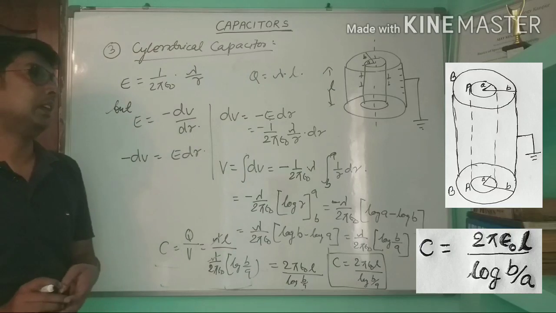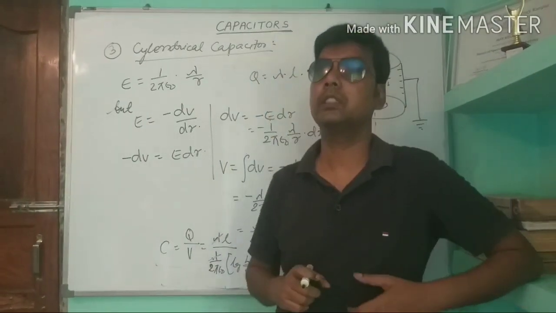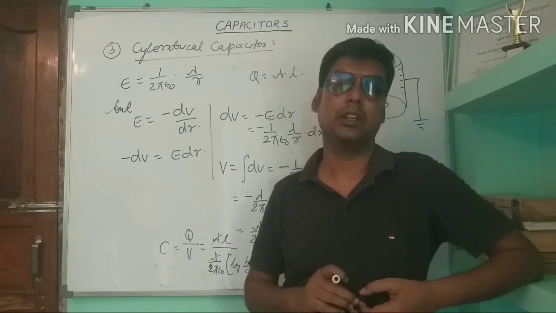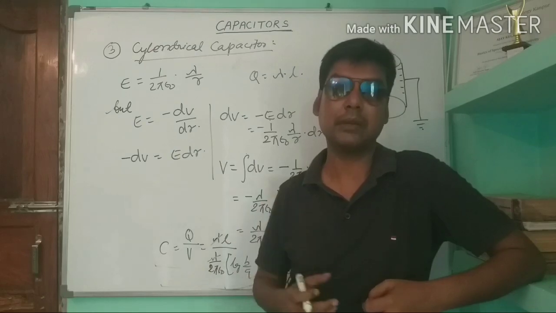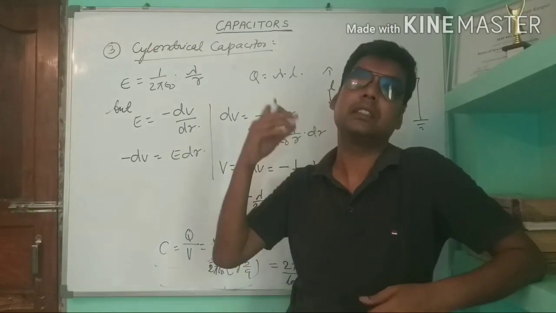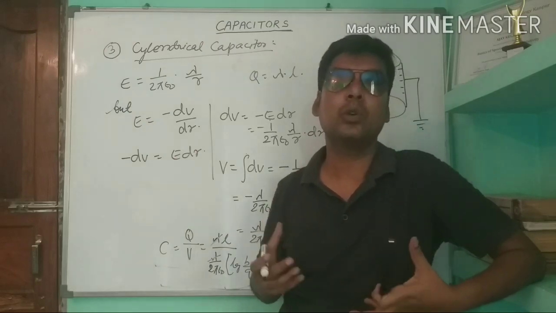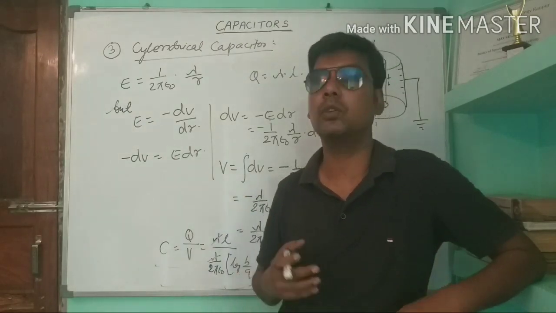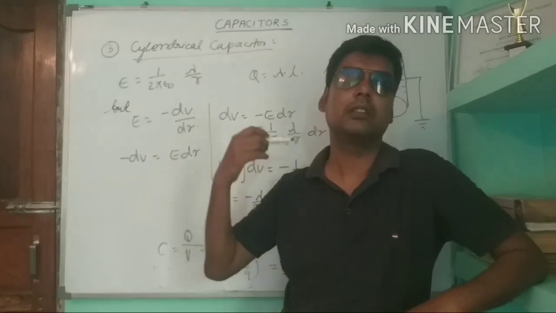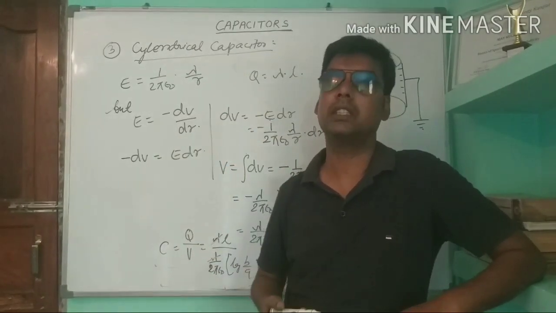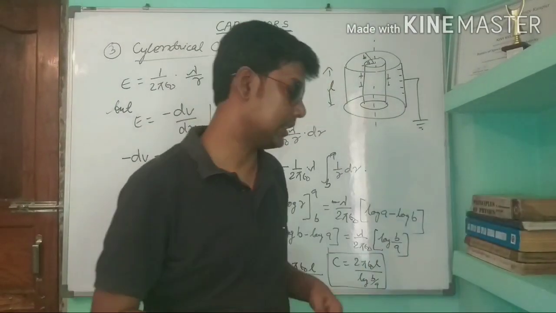Okay. So according to shape, we studied three kinds of capacitor. One is parallel plate capacitor, another is spherical capacitor, and the third one is cylindrical capacitor. Now what about the total energy stored in it? If we calculate, it will work for all these three capacitors. So total energy stored in a capacitor.